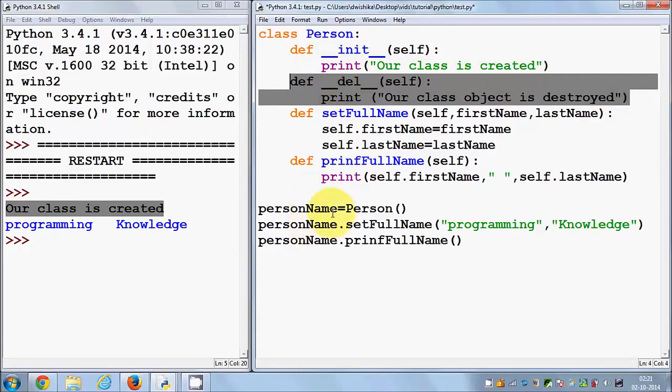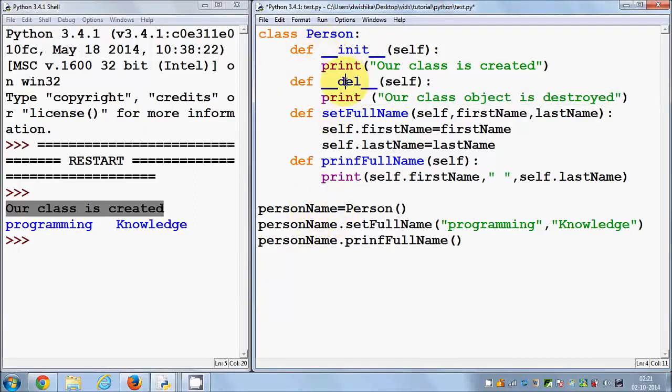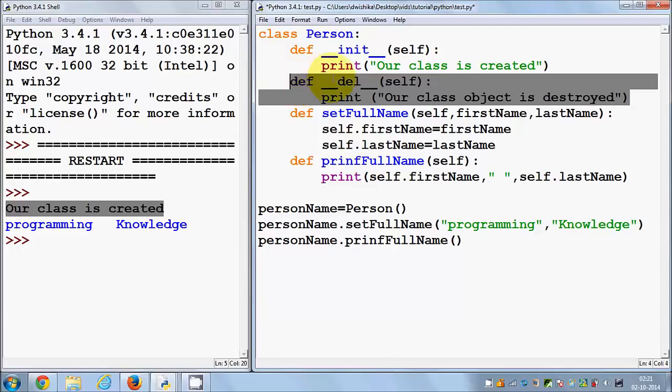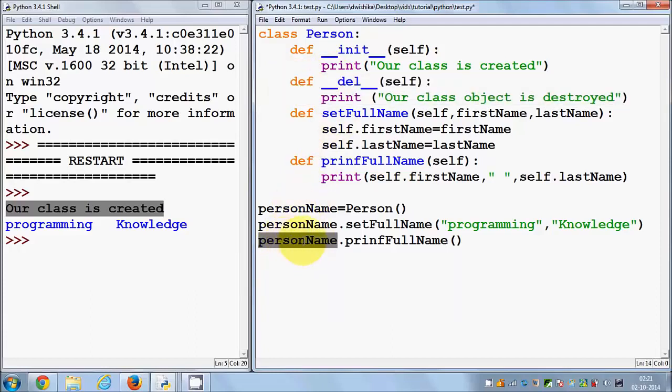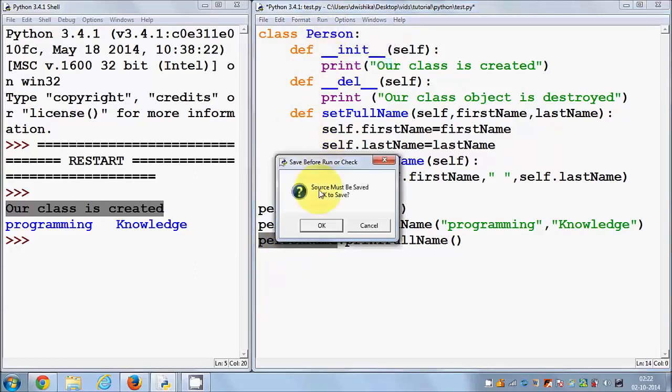The use of this destructor or deletion member function is for garbage collection. It just collects the garbage, or all the resources, and destroys all the resources which are used by this instance, which is person name. So I will just save my program and run it,